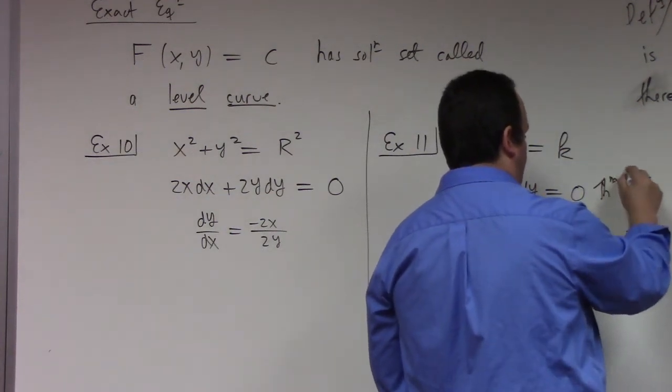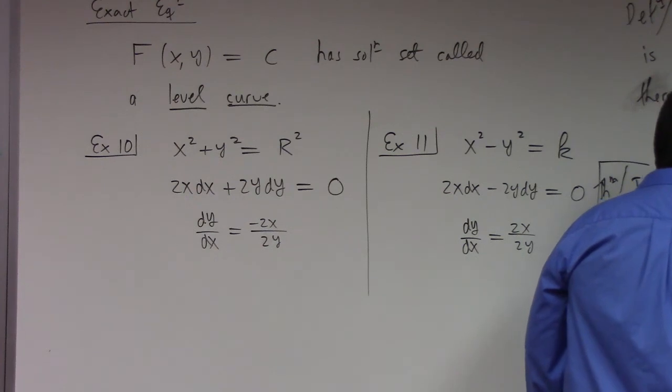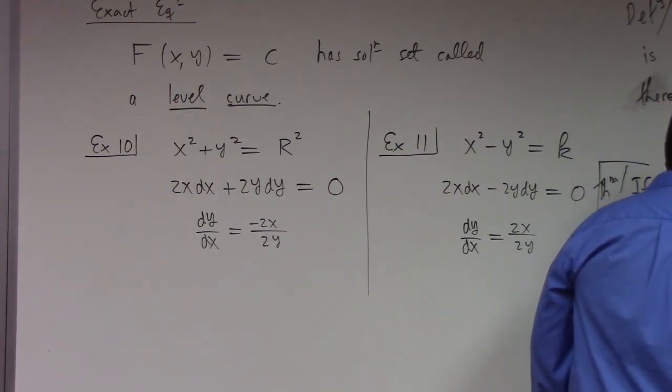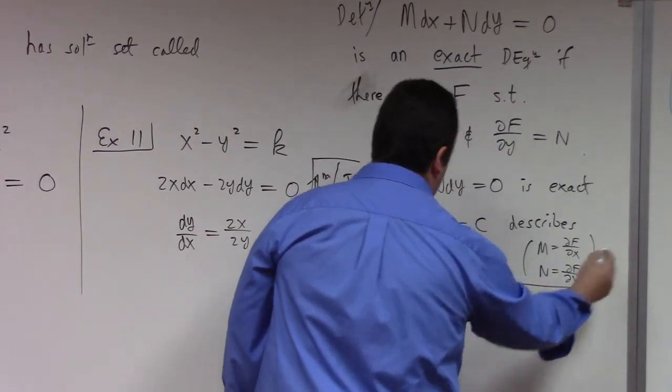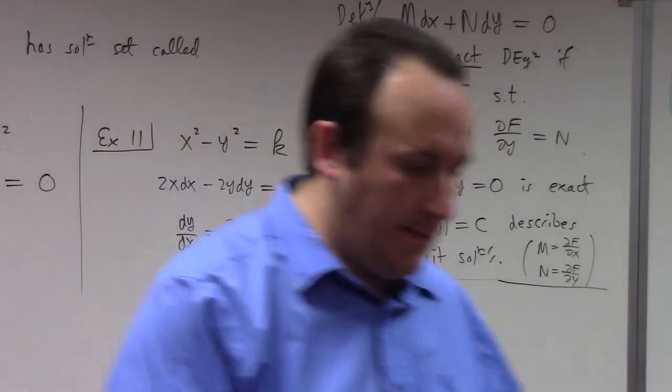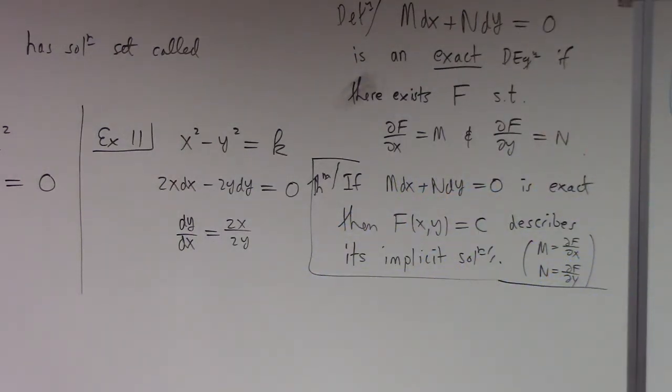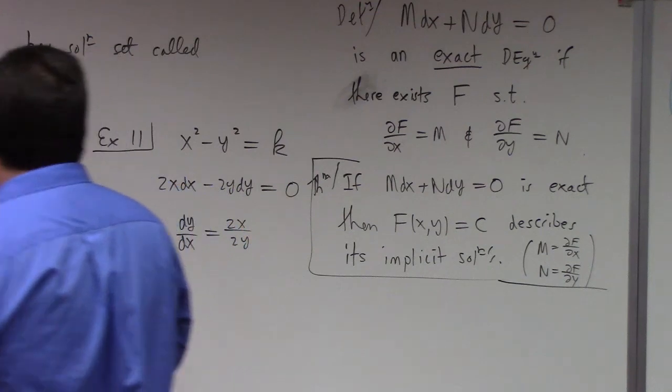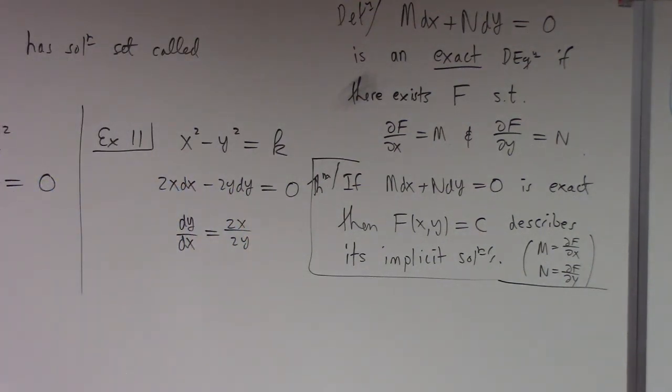So this is a theorem. Here, of course, I'm saying M is partial f partial x, N is partial f partial y. I'm talking about the same f. Not every differential equation is exact, right? All right, so let's see here. How do you solve,